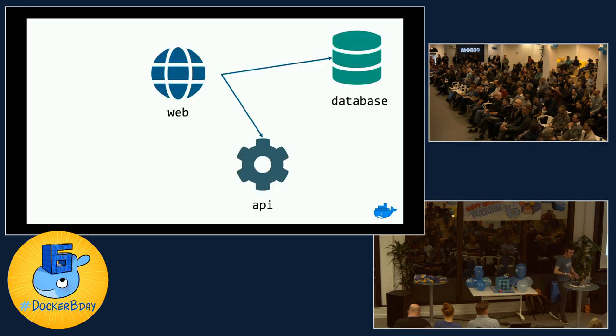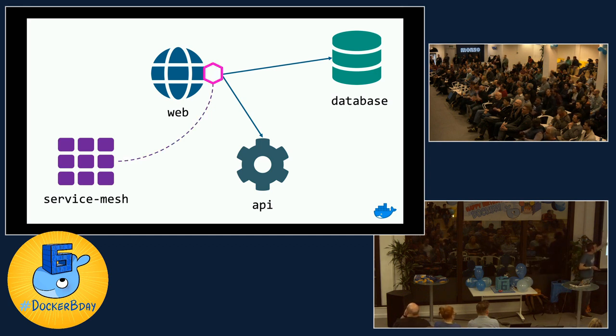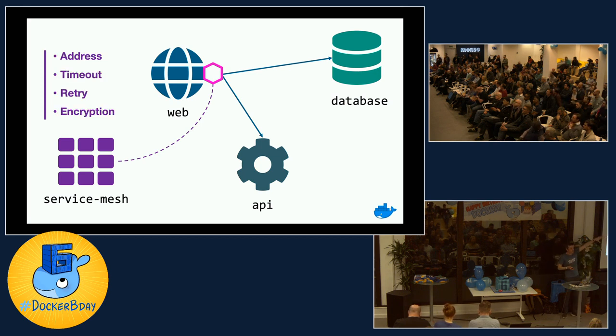So what a service mesh does, a service mesh is a separate thing. So it sits outside of your application. So I've got my components that I care about, and the service mesh sits there on the left. And it doesn't do anything until you actually register your bits with it. So I can register my web component with the service mesh, and then the service mesh is going to take care of all the communication from the website out. So I can put all the logic that I was capturing inside my web application into the service mesh. So all that stuff about where I'm going to find it, the timeouts, the retries, all that sort of stuff can live inside the service mesh.